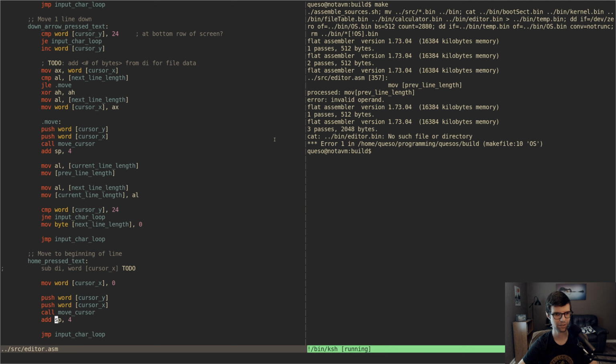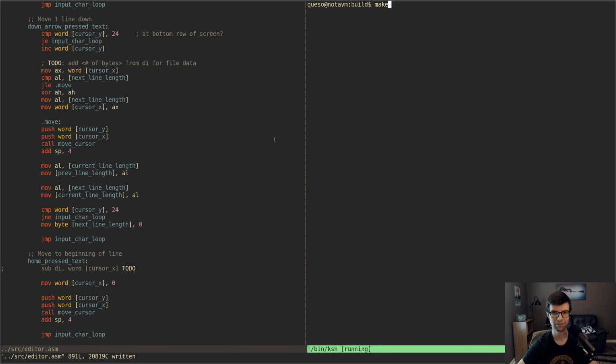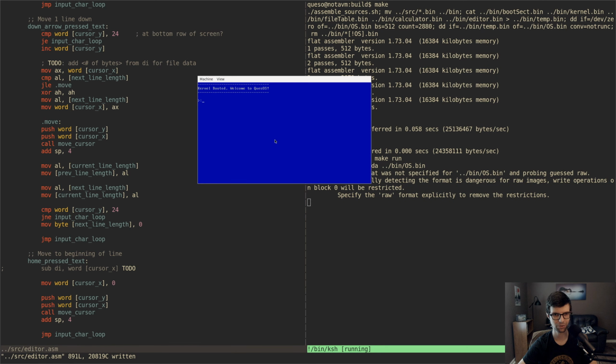Unless I have invalid operand because I didn't put anything in. Move previous line, what? Move AL into there. Of course. So we'll do line 1, line 2, line 3 is longer. So if we move up, we go down here. If we move up again, it'll go over here. If we go to the end of the line, which I can't do. I guess we're not updating it correctly. Oh well, if I go down, down,